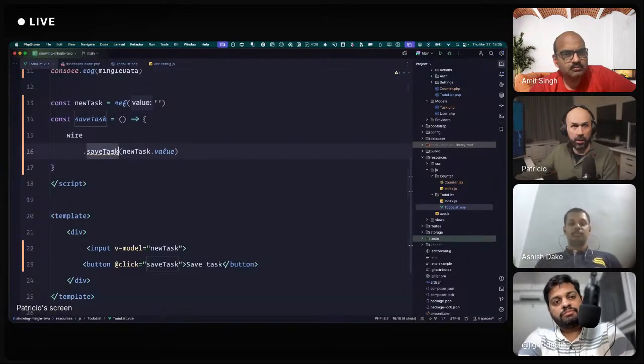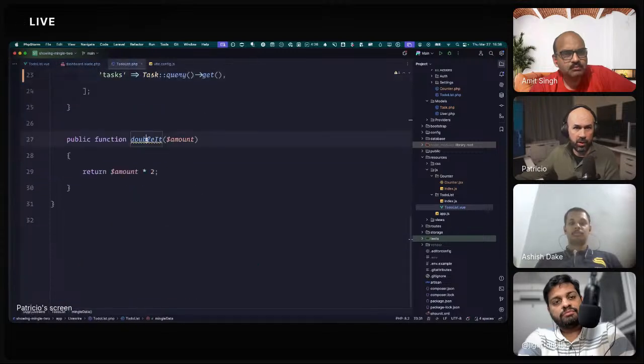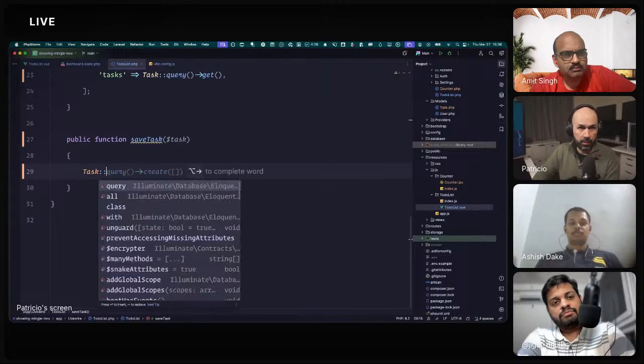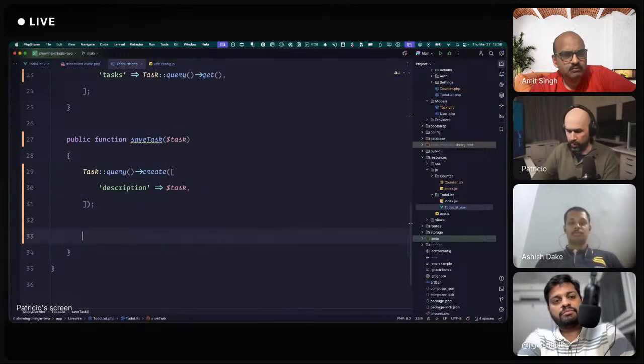If I would call save task. So we don't need to double it, so I'll replace it. This is the task. And let's save the task. Is complete is default false, so we should be good.